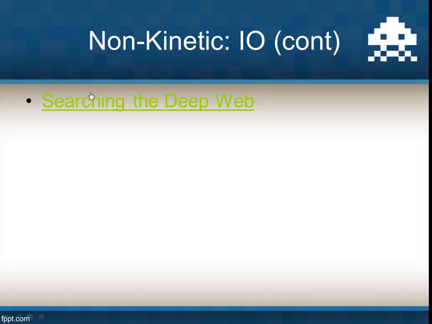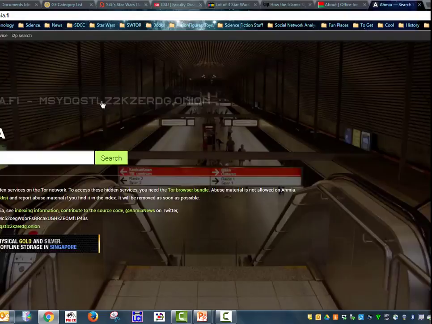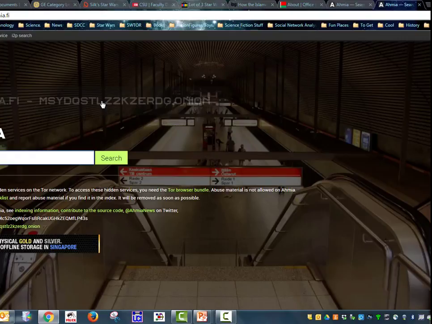All right, so if we click here, searching on the deep web, this used to be the Silk Road website, but now it's called AMIA.fi. As it says right here, it searches hidden services on the Tor network, and this is so you can access hidden services. And it tells you right here you need the Tor browser bundle. It even gives you a link to download that Tor browser, and it's just like running Google Chrome or Firefox. There is a disclaimer here that abuse material is not allowed,